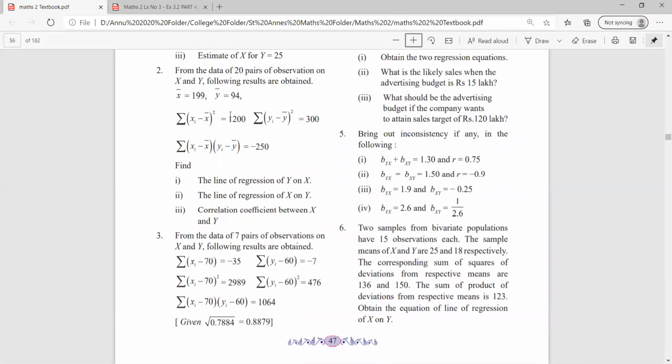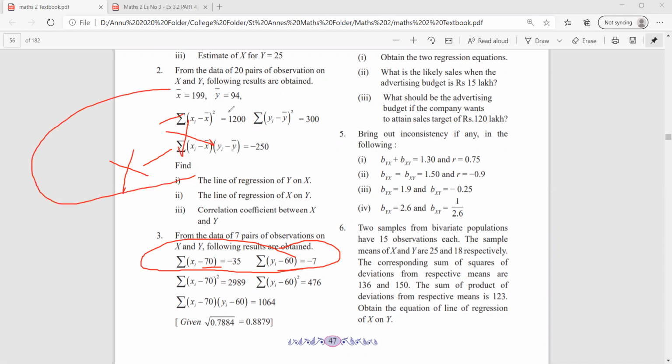Now sum number 2 and sum number 3 are quite different. Over here we already had the values of x bar and y bar. Now in this particular sum, please do not assume the x bar and y bar to be 70 and 60. If you do that, आपका पूरा का पूरा sum गलत हो जाएगा. Now class, on seeing all these two values actually, do you remember something like writing it as x minus x bar and y minus y bar?